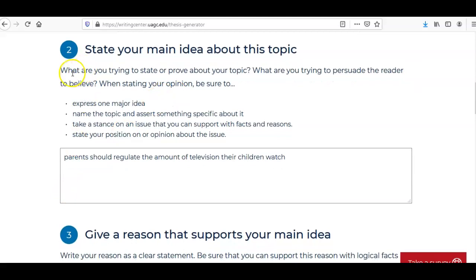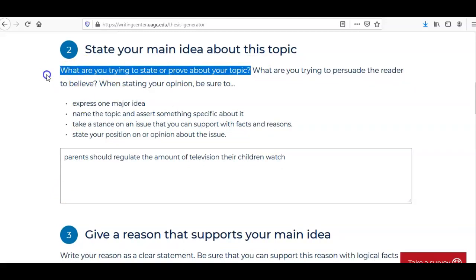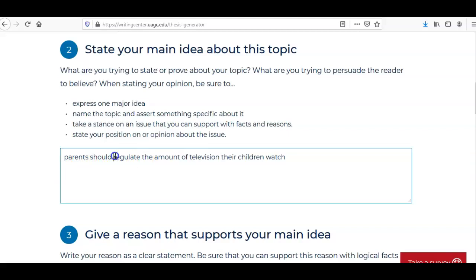So this says, what are you trying to state or prove about your topic? Well, I'm making the argument that one is better than the other. So who am I saying should do something, right? Because I'm trying to generate a rough draft of my thesis statement. And I think parents should choose homeschooling over public schooling. Okay, so I've got my should statement there. I worded it exactly the way they did.